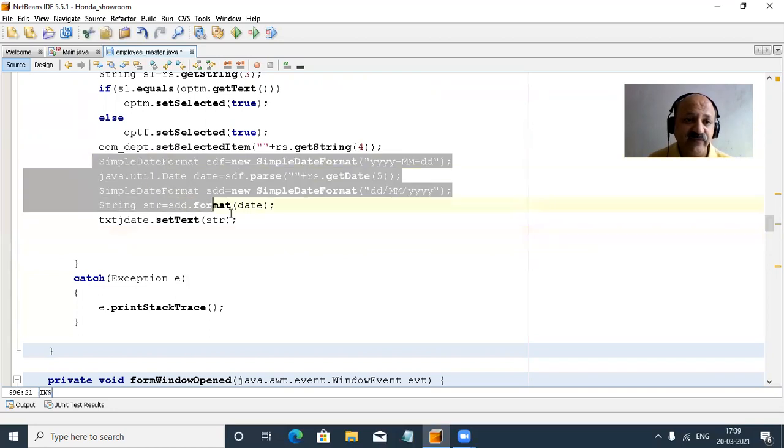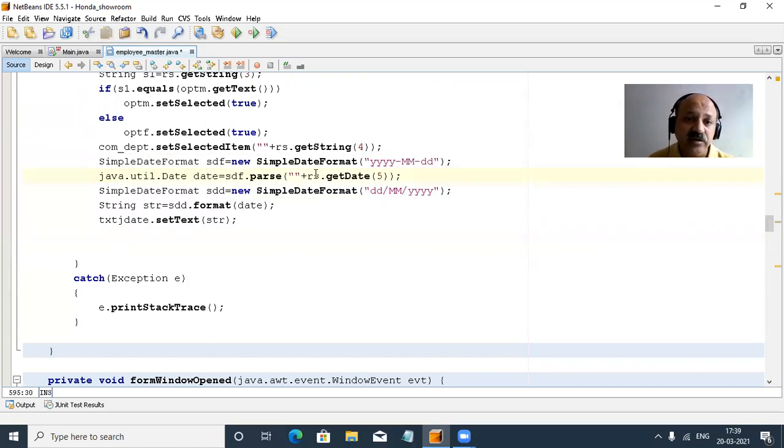Now, yes, we can discuss the date, that is very simple. So we can take a 5-line coding to select our required format. So DD, so first YY dash MM and DD, and that date we can take from the database and convert to the utility package format.